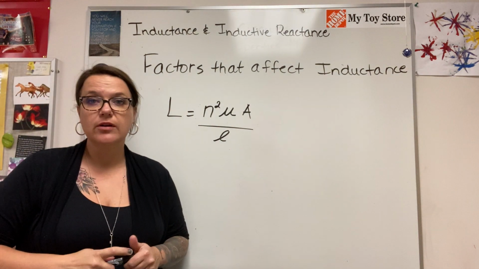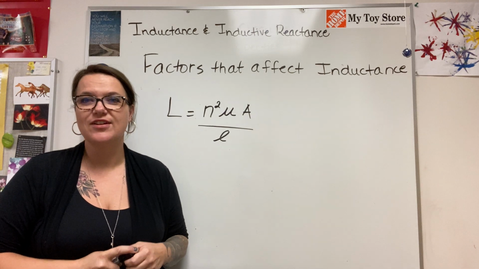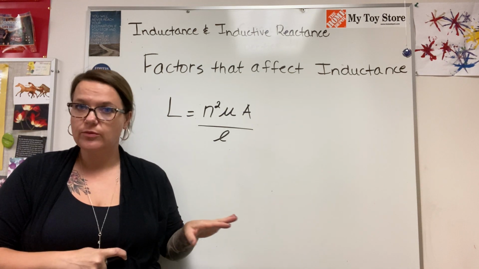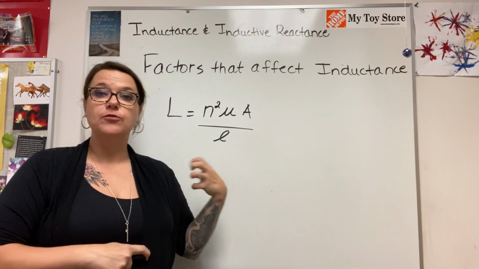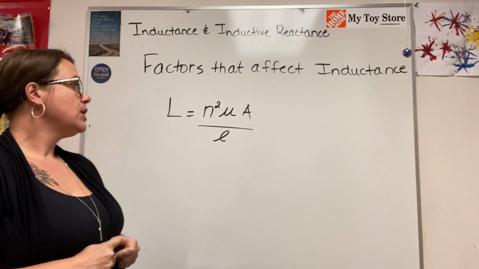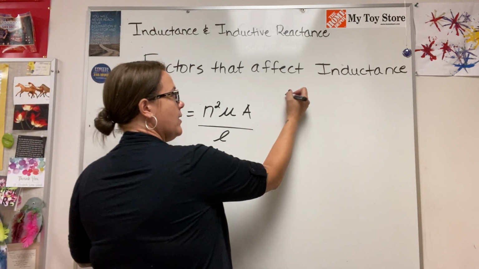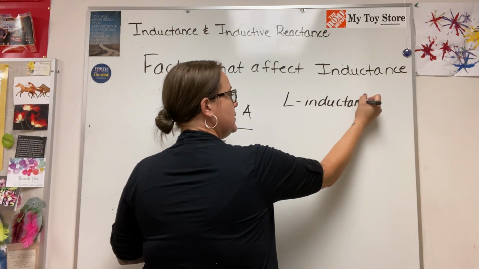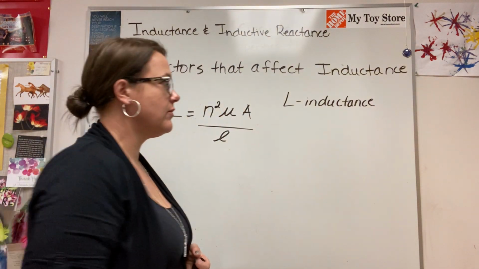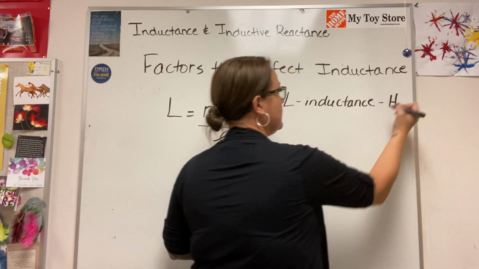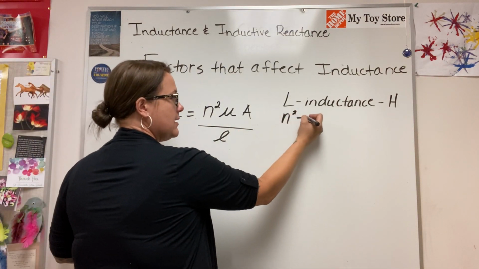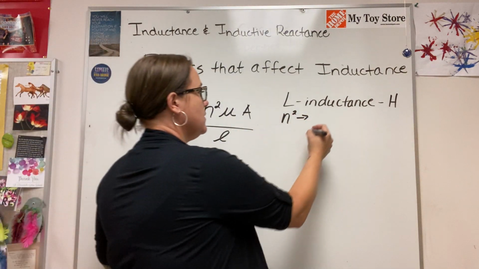So pretty much every variable we're going to talk about in second period is going to have some type of formula that has concepts that are related simply to the way that they are written in a formula mathematically, okay? So L is inductance, and the unit of measurement for inductance is the Henrys. So the N, in this case, is squared, and that is the number of turns,